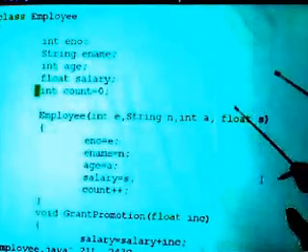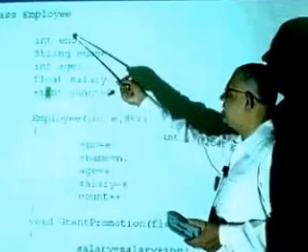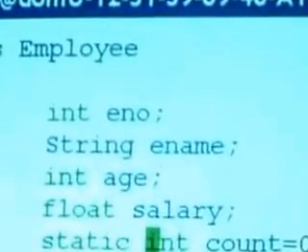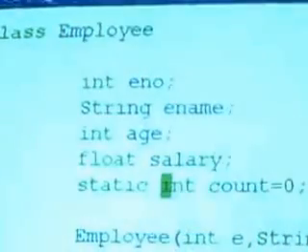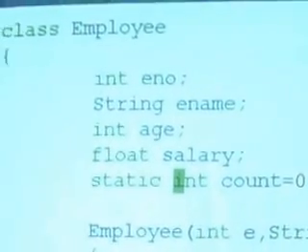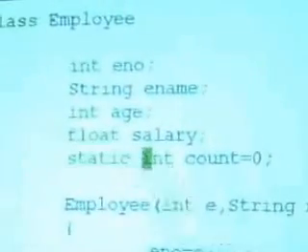So we have now class Employee, and now we change the flavor of this. These are all instance variables. These are unique to a particular instance of the Employee class. That means each of E1, E2, E3 must have their own eNumber, eName, age and salary. However, count should not be of that kind. Count should be shared by all the instances of that class. That's why we are adding an interesting qualifier to count, which is called static.